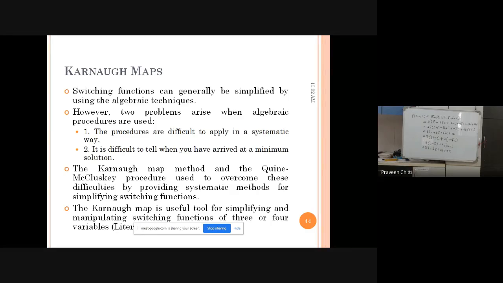Right? So we'll have the brief introduction about the K-map today, so that in the next class we should be able to solve the example on the K-map. In today's class, I'll explain to you what is K-map and how the K-map can be used for simplification of switching functions. So can anybody define what is K-map? If you have studied in your earlier courses, can anybody define what is K-map?